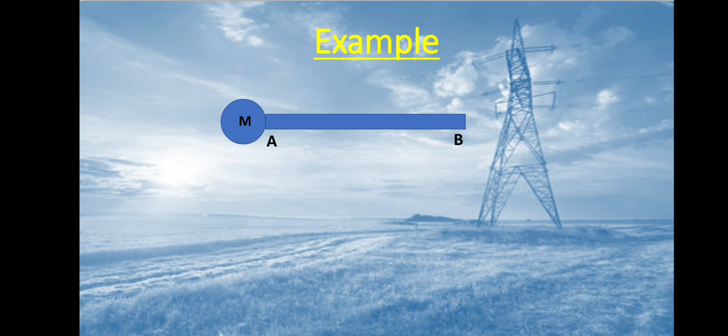Due to collision between the water molecules, the pressure at point A is not equal to the pressure at point B. Due to this pressure difference, the water will flow. If the pressure at point A is equal to the pressure at point B, then water will not flow. That means flow will not be established.